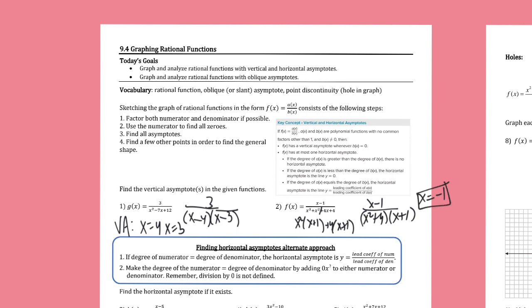Now the other question though is, if you set the other one equal to 0, you get x squared is equal to negative 4. Well, that's going to be plus or minus 2i. There aren't 3 asymptotes. Okay, there's only one vertical asymptote in this case. So vertical asymptotes are the values that make the denominator 0. Obviously, you're not going to try to plug in an imaginary number for x when you're trying to graph a